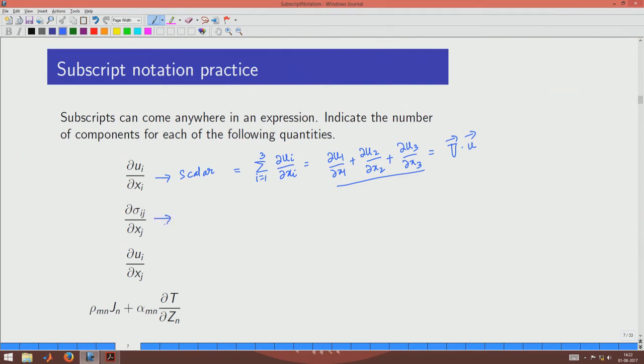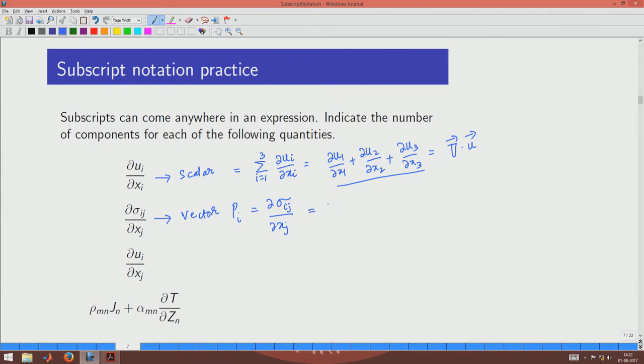Similarly, here the same thing, but you have got one free index. The j index is dummy, i is a free index. So, this must be a vector, and let us choose this vector to be p, and the free index is i. So, the vector p_i is equal to ∂σ_ij/∂x_j, and because j is the